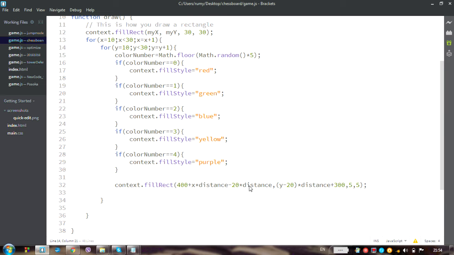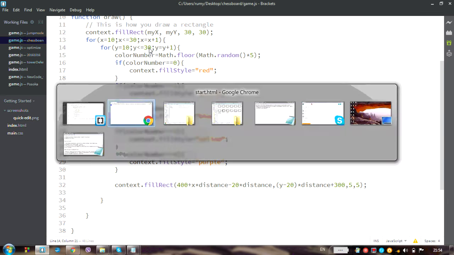20 minus 20 is exactly 0. So this is the central. And right of the center, there are only 9 squares, because we are not making a step for x and y equal to 30. So I'm going to change this sign to smaller or equal in order to have really